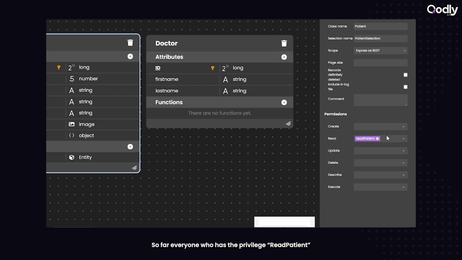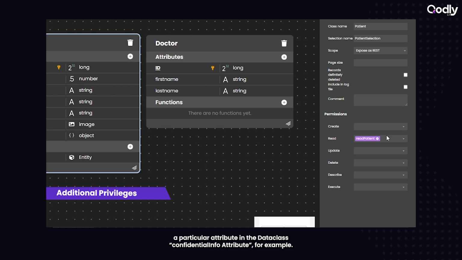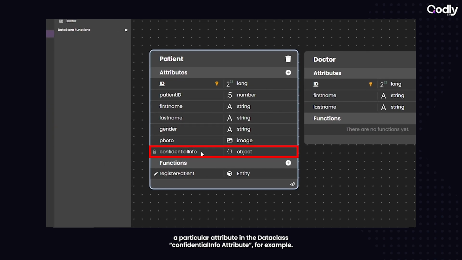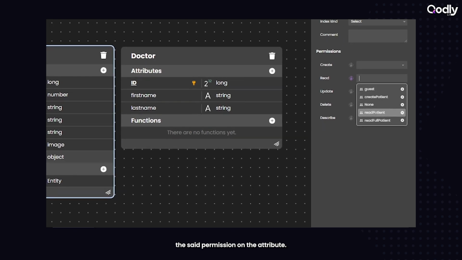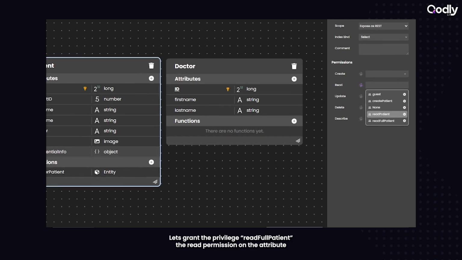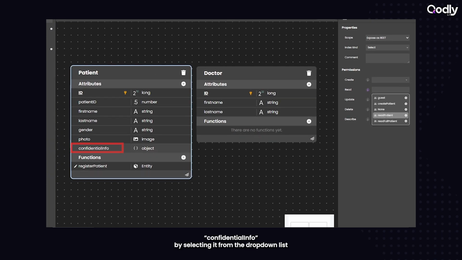So far, everyone who has the privilege Read Patient will have read access to the entire data class. Now, let's say we want to require additional privileges to access a particular attribute in the data class. Confidential Info attribute, for example. Just like data classes, selecting a privilege from the drop-down list will grant the privilege the said permission on the attribute. Let's grant the privilege Read Full Patient the read permission on the attribute Confidential Info by selecting it from